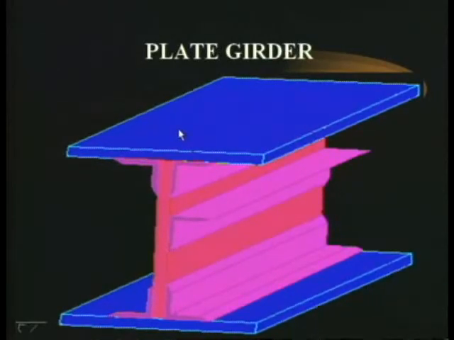This is the flange plate, the plate on the top. This also runs along the span. See, from here it goes on till the end of the span. This is the bottom flange plate, which has also to run along the span. If the span is 50 meters, the length of this plate will also be 50 meters. In a similar way, the length of this web plate must also be